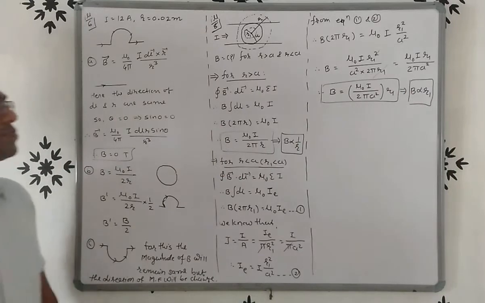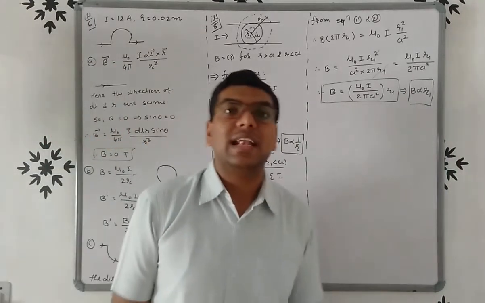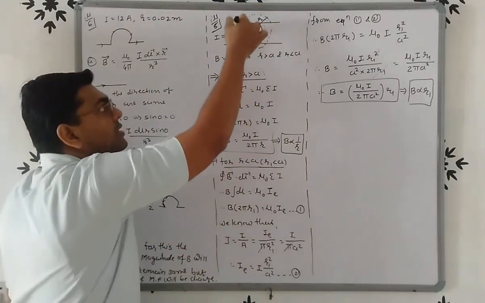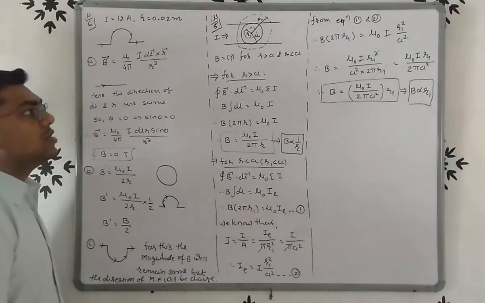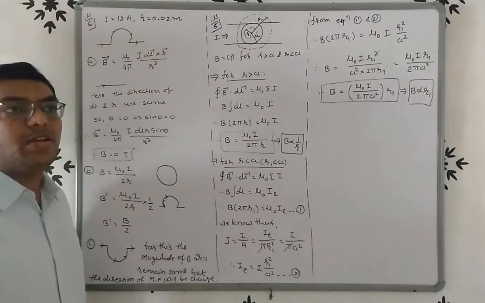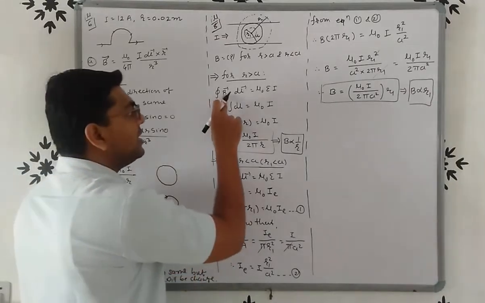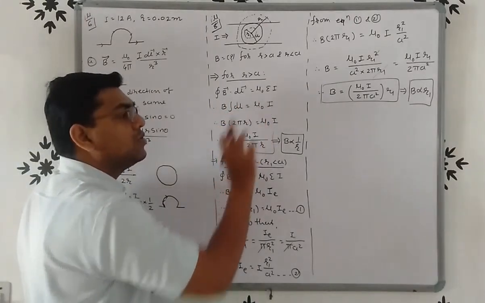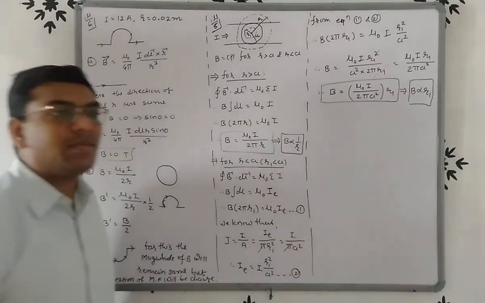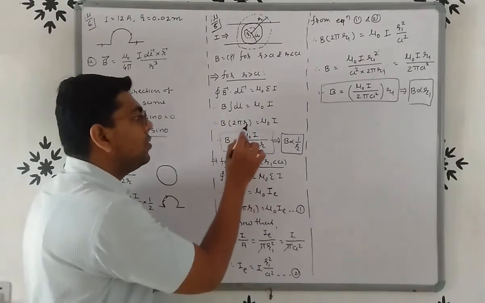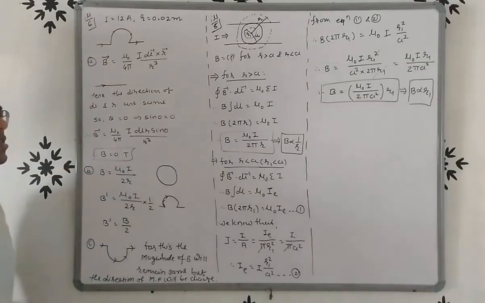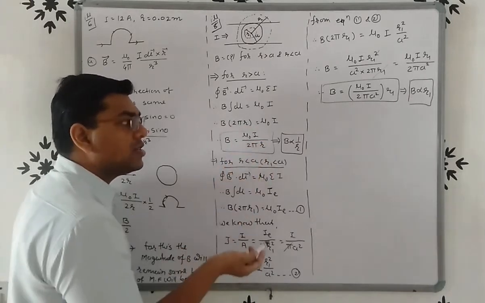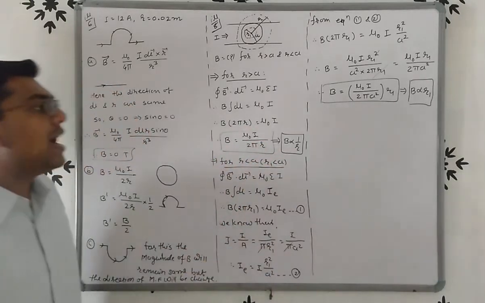Once again friends, we have to find out the magnetic field for R less than A and R greater than A. So first of all, for R greater than A, we consider a cross section having radius small r. To find out the magnetic field, we use Ampere's circuital law. So closed integral B dot dl is equal to mu 0 sigma I. So B integration dl is equal to mu 0 I. Integration dl means total length 2 pi r. So B into 2 pi r is equal to mu 0 I. So B is equal to mu 0 I upon 2 pi r. Here mu 0, I and 2 pi are constant. So B is inversely proportional to r.